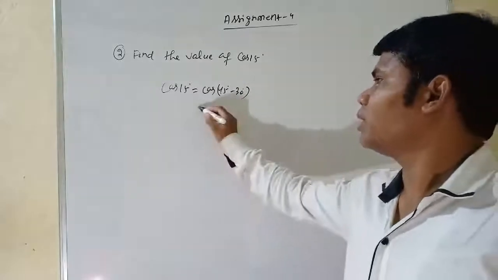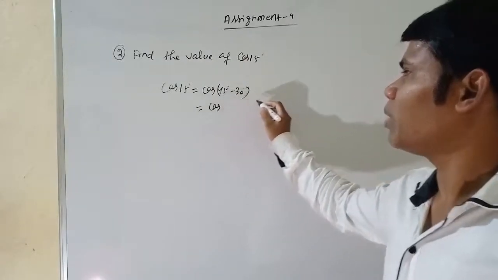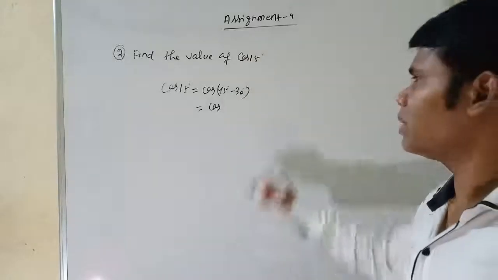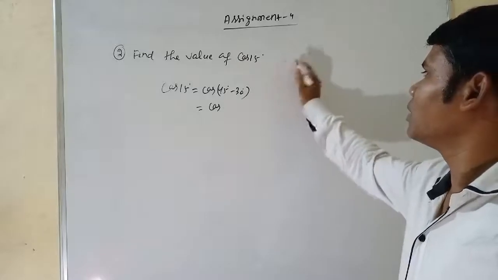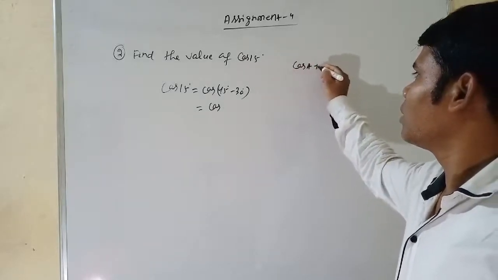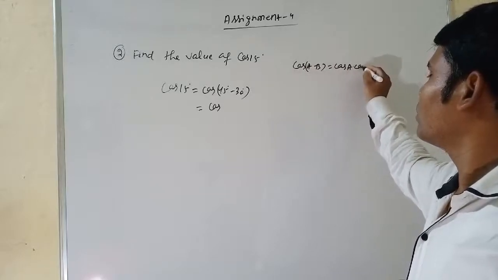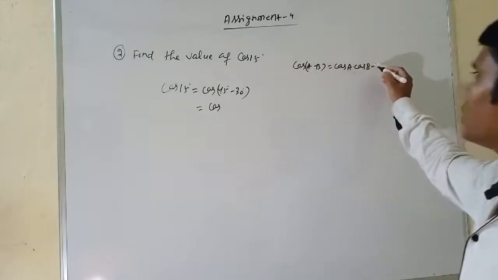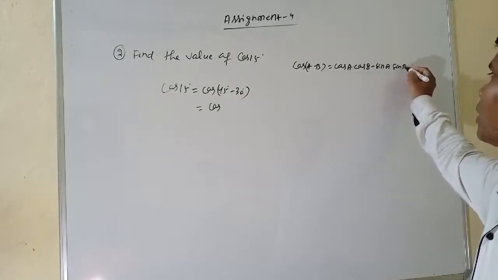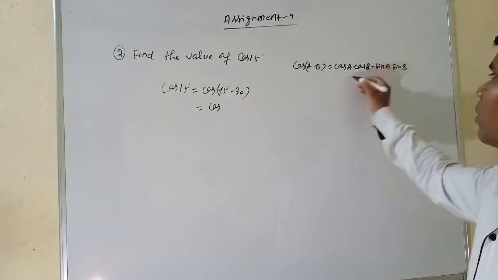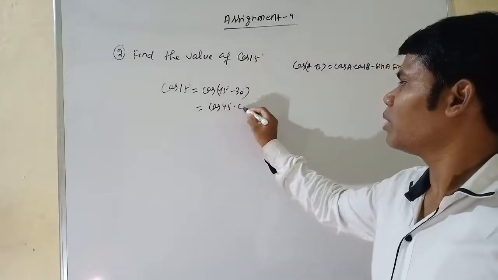You know the formula: cos A minus B is cos A into cos B plus sin A into sin B. Here you use this formula, that is cos 45 into cos 30